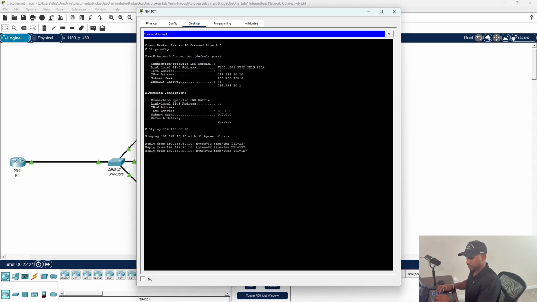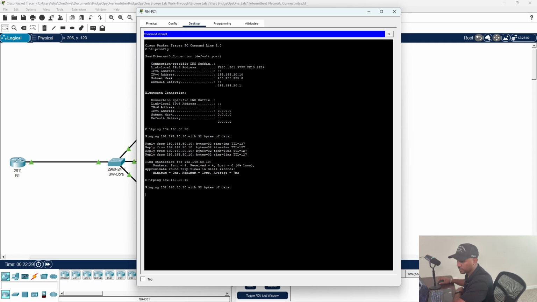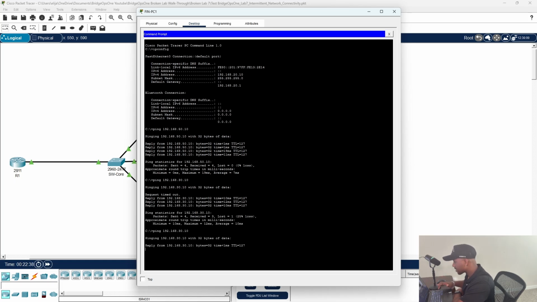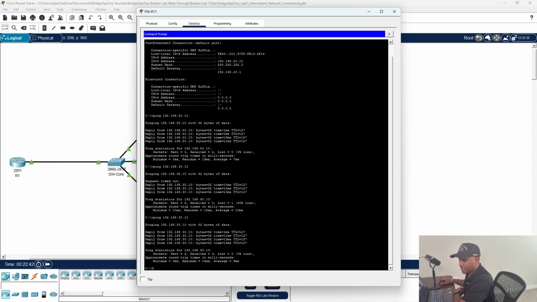Okay, and we're going to ping 192.168.30.10. All right, so everything looks to be behaving normally. Now that we found out that everything is working properly and configurations look normal, let's go ahead and leave that